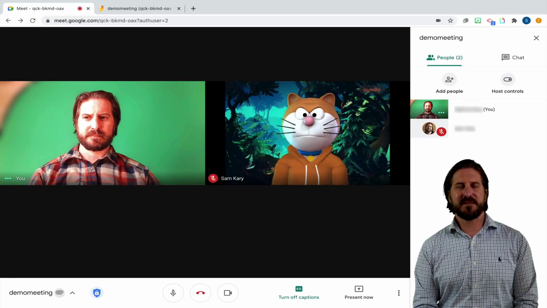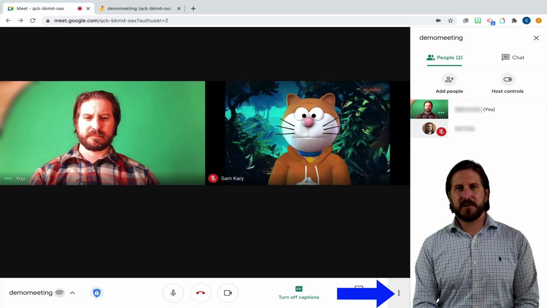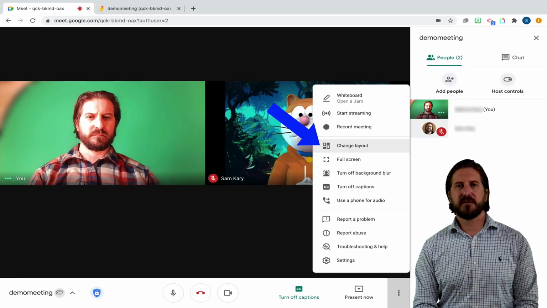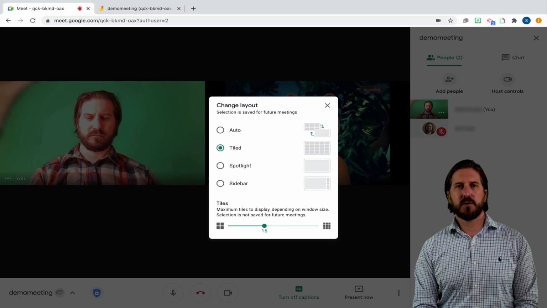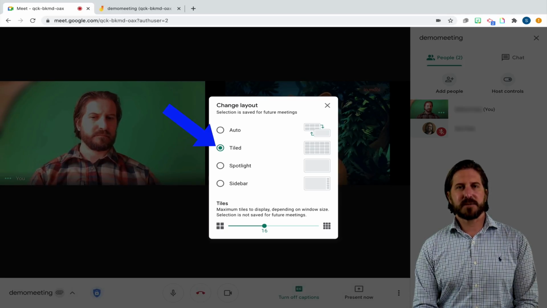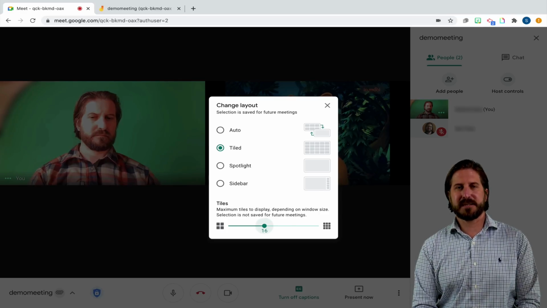All right, the last updated feature that I want to show you here is how to change the layout of Google Meet. So if you go back to the three-dot menu and then scroll up to change layout, there you'll see that you have some different options for how your Google Meet meeting would be set up. So a new update is this tiling option. Tiling is your best layout choice to be able to see all the students in your class at the same time and would be the best option if you're going to do some sort of whole group activity. With tiling, you're able to see up to 49 people at the same time.